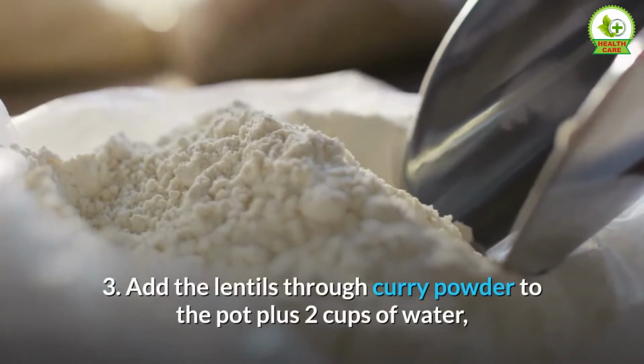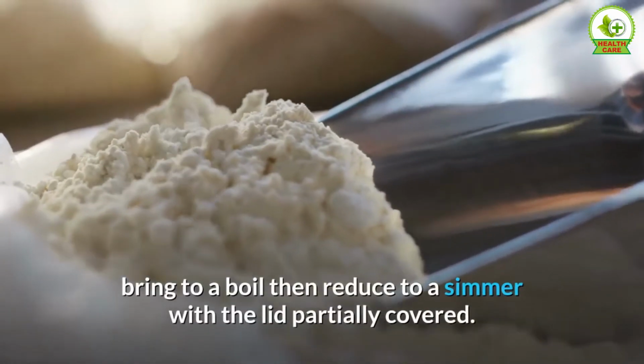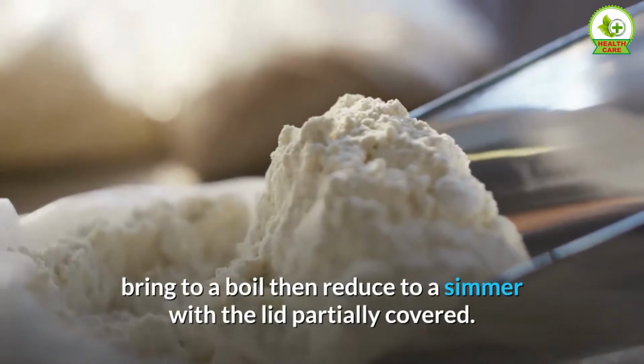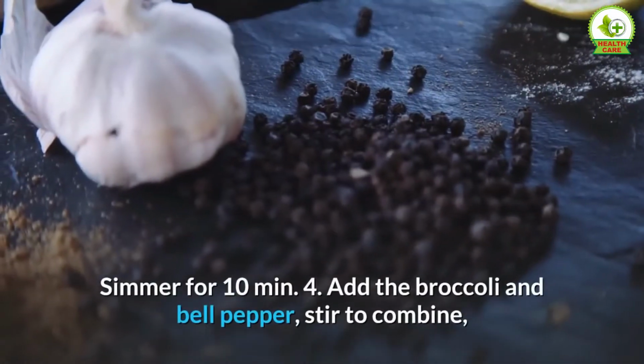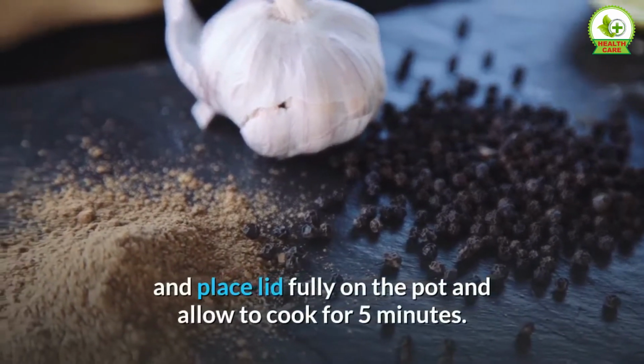3. Add the lentils through curry powder to the pot plus 2 cups of water, bring to a boil, then reduce to a simmer with the lid partially covered. Simmer for 10 minutes. 4. Add the broccoli and bell pepper, stir to combine, and place lid fully on the pot and allow to cook